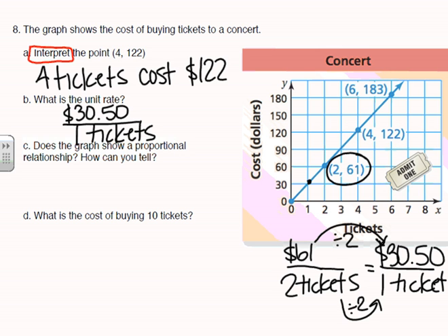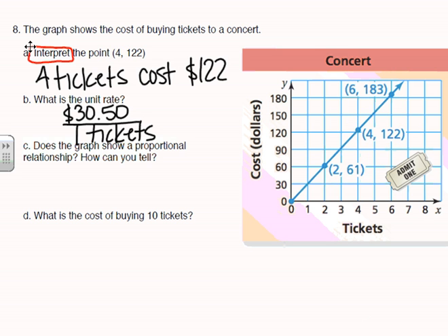All right, part C, does the graph show a proportional relationship? How can you tell? So remember the things we're looking for. Does it pass through the origin? Yes. Does it form a straight line? Yes. So from the graph, those are the 2 key criteria. This would also give us the equation y equals 30.5x, which is in the form that we need it to be in, y equals kx. So we can say,